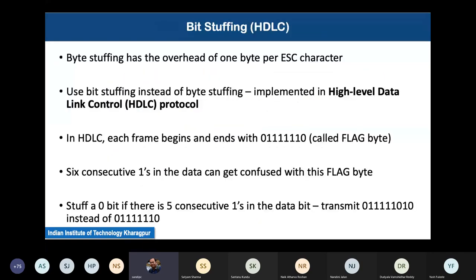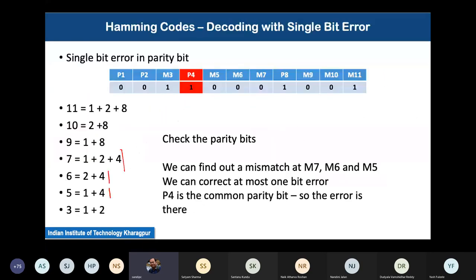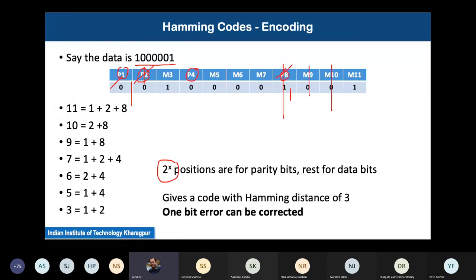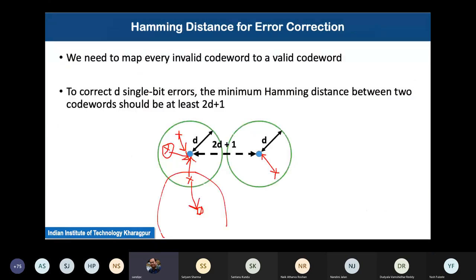Let us stop here today, and we can continue in tomorrow's class to complete the remaining part of the MAC layer. If you have tried this exercise about error detection and error correction and have any doubt, you can ask me tomorrow, or you can drop me an email or post on